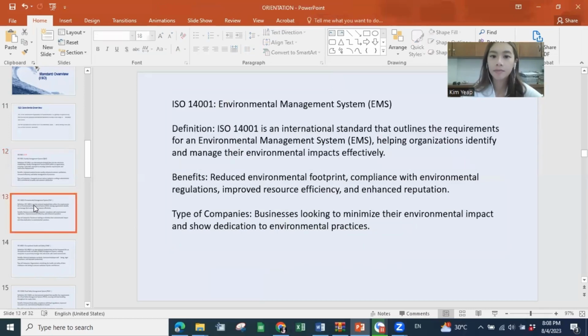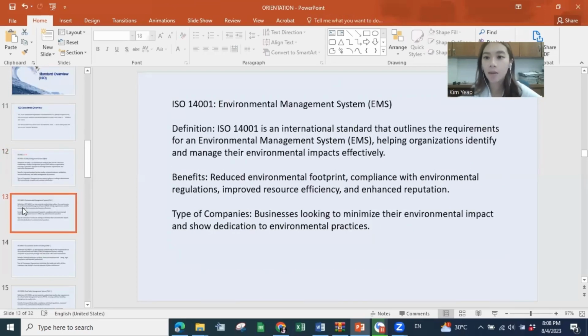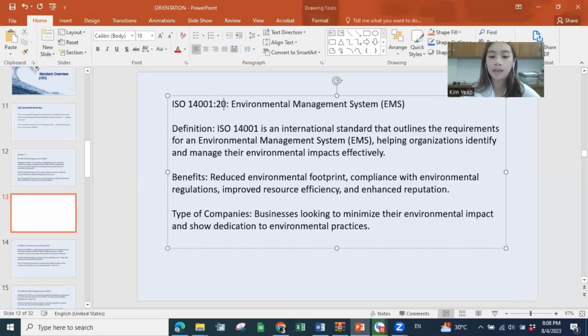Okay. Now, the next common standard. They don't come in order of sequence, meaning it's not that this one is the most common and this is the second most common. No, they are all equally common. Okay, so ISO 14001, same goes. What is the latest version? The latest version is 2015.